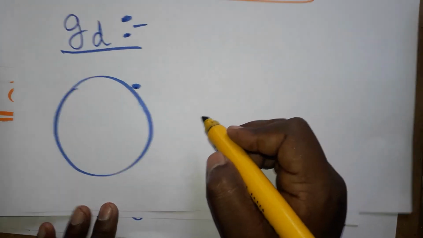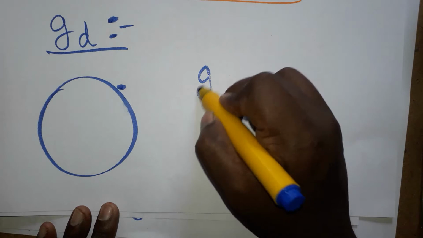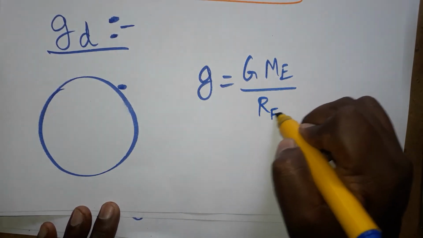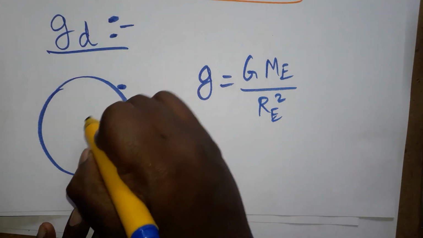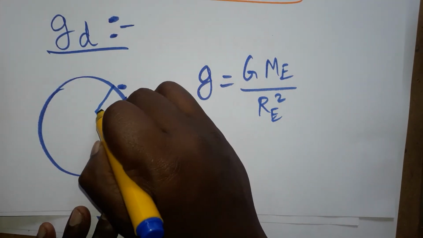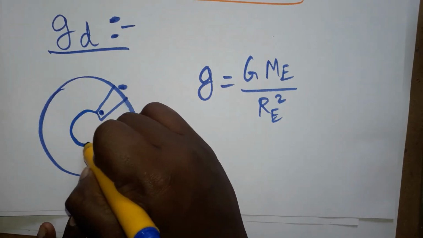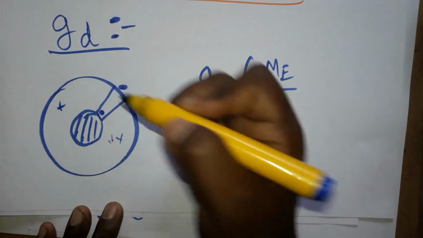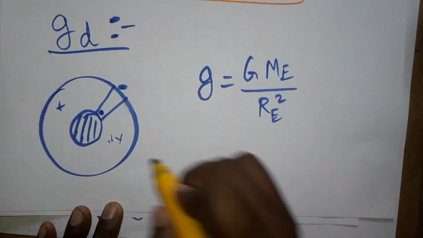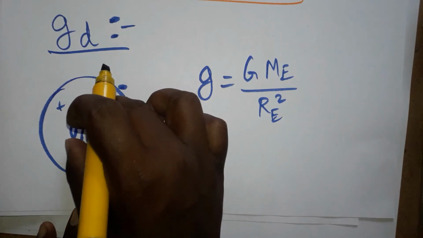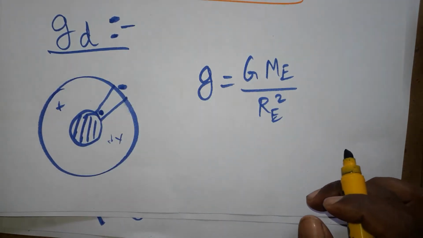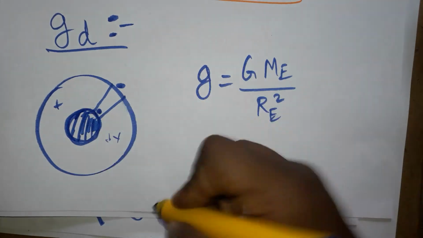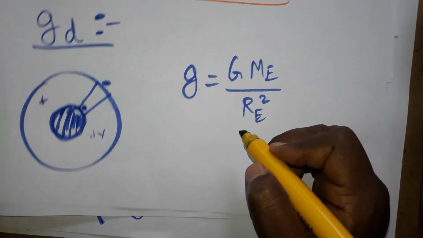If you are considering a human being, it is g equals G times M, the mass of the earth, divided by the radius of the earth squared. Now when we are going under a mine, imagine you are here, only this much mass is getting concentrated. The remaining mass is waste. On the surface the whole mass is concentrated, but at this point we have to consider only a small portion of the volume of the earth. So the gravitation also gets decreased. That is the value we are going to use.